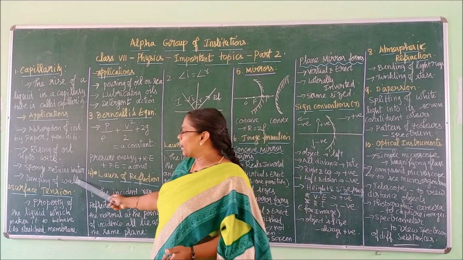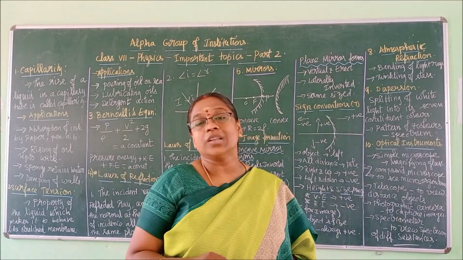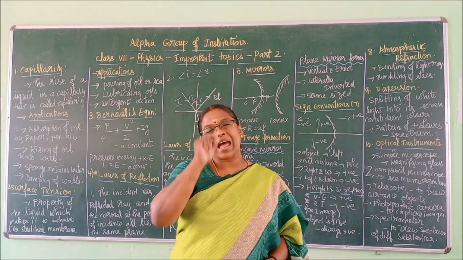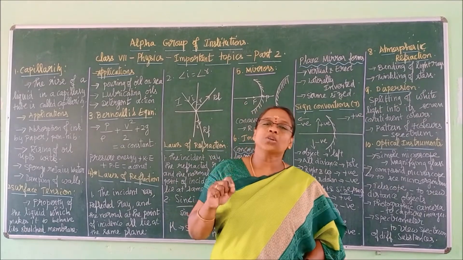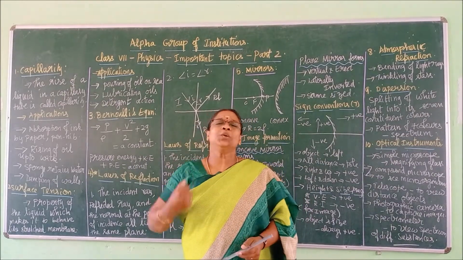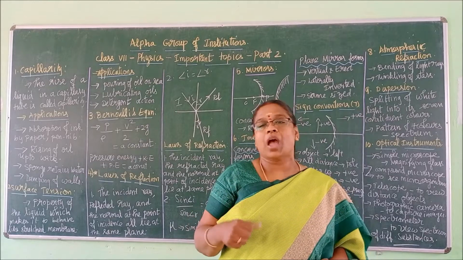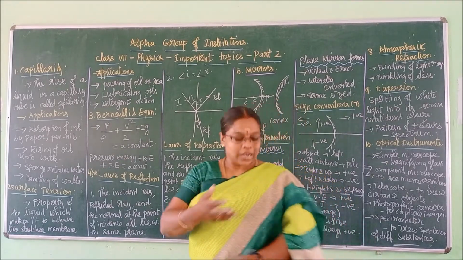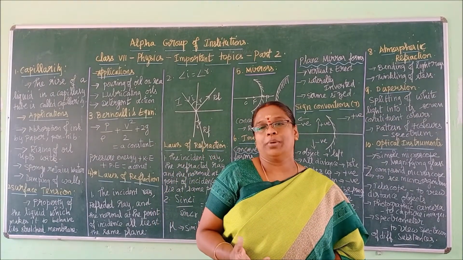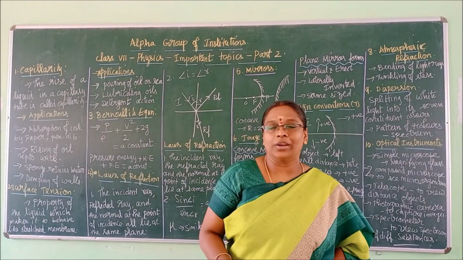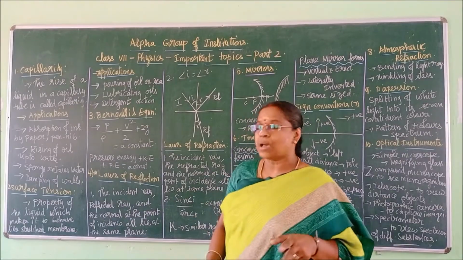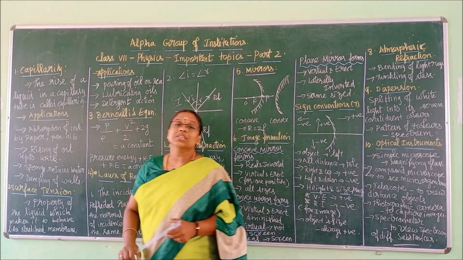And one more good example you can think of. During summer days, we wear cotton dresses. People advise us to use cotton dresses. Why? Because cotton cloth has many holes and pores, P-O-R-E-S. Through those pores sweat comes out, so sweat can be easily absorbed. But other cloths do not have that many pores, so sweat will not be absorbed as much, and a smell will come from our body. That's why people advise us to wear cotton dresses, mainly in summer. Next we are moving to surface tension.